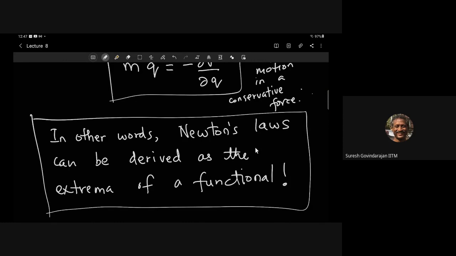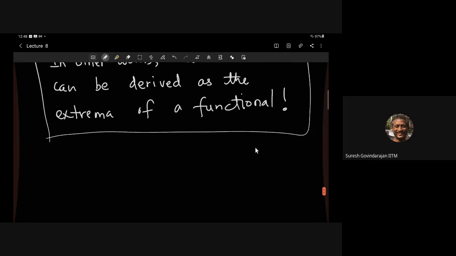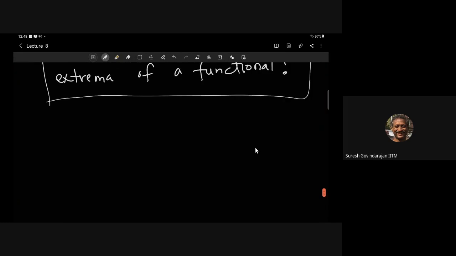Do you agree? One would not have thought that this would be the case, maybe it can't be or whatever. So this is something which is truly remarkable. And so